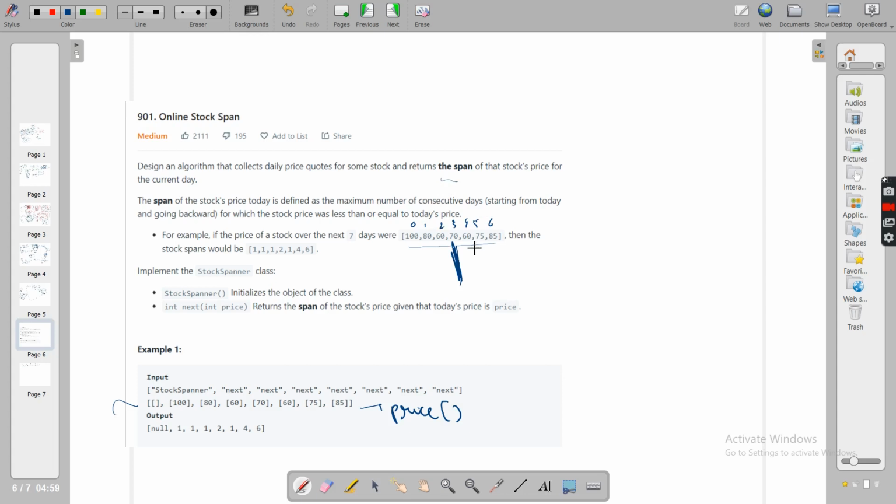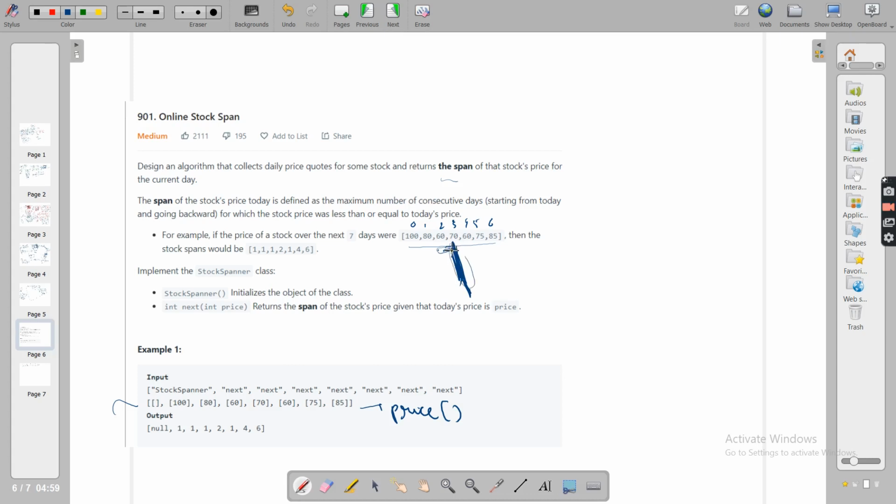For 70, obviously 70 itself will be counted as 1. Which means you have to find the maximum number of days starting from that stock itself, and you have to consecutively go backward till what point? Till you get all the stock prices lesser than or equal to the current stock price.